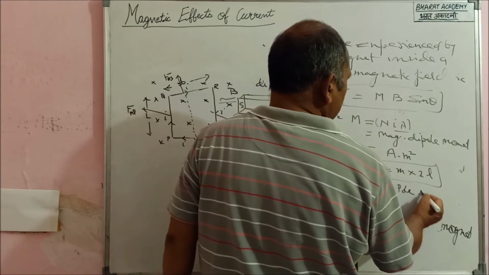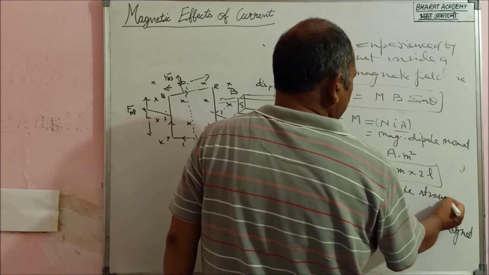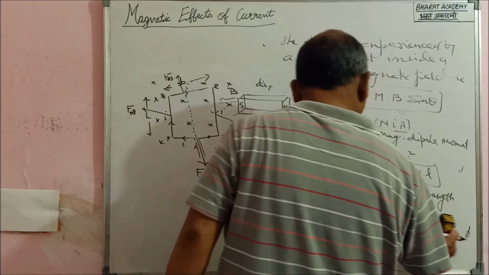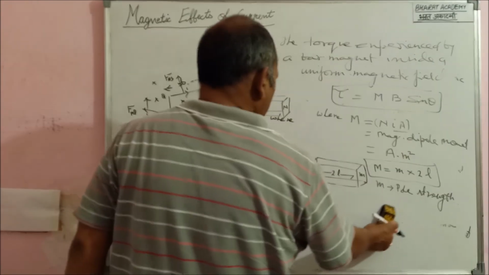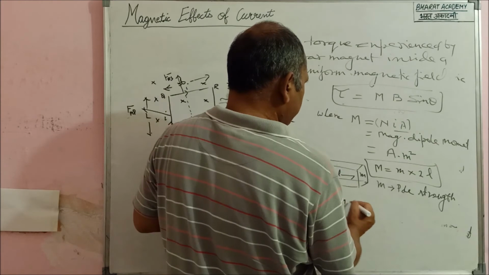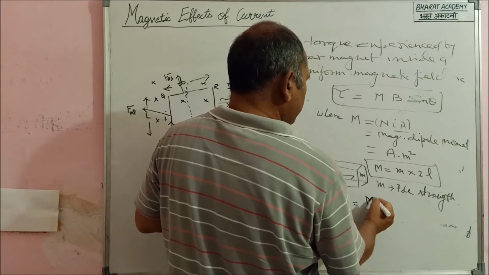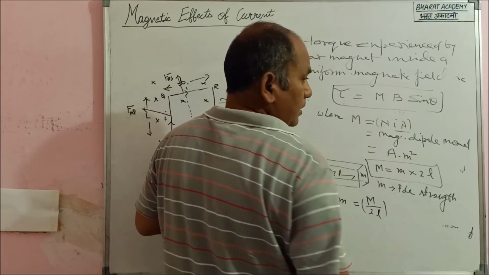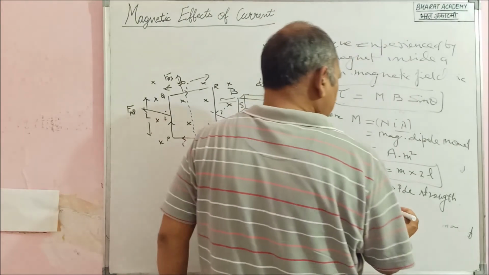Be careful, it's just on the basis of analogy only. Pole strength, as we were having charge there, here it is pole strength. Most of the time they do ask to write down the unit of pole strength. So what is pole strength here? It will become M by 2l,